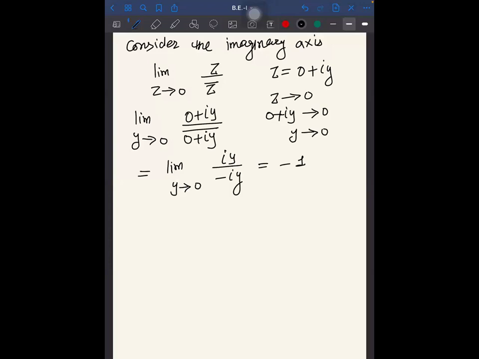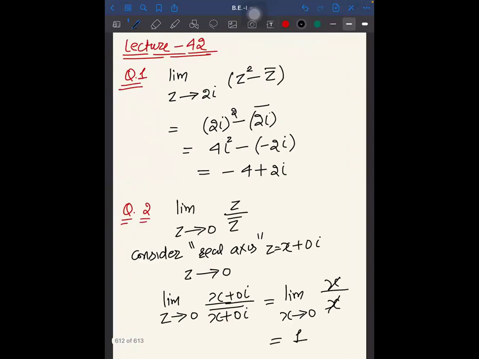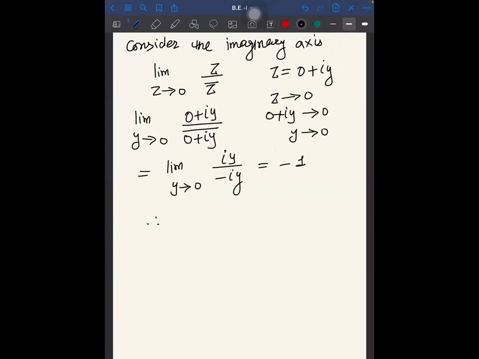So basically the limits are not the same, because we have chosen two different paths and the limits are not coming out to be the same. Therefore, limit z goes to 0, z upon z bar does not exist. Yes, fine. Okay? So you may encounter such types of questions where the limit may or may not exist, right? So anyways,